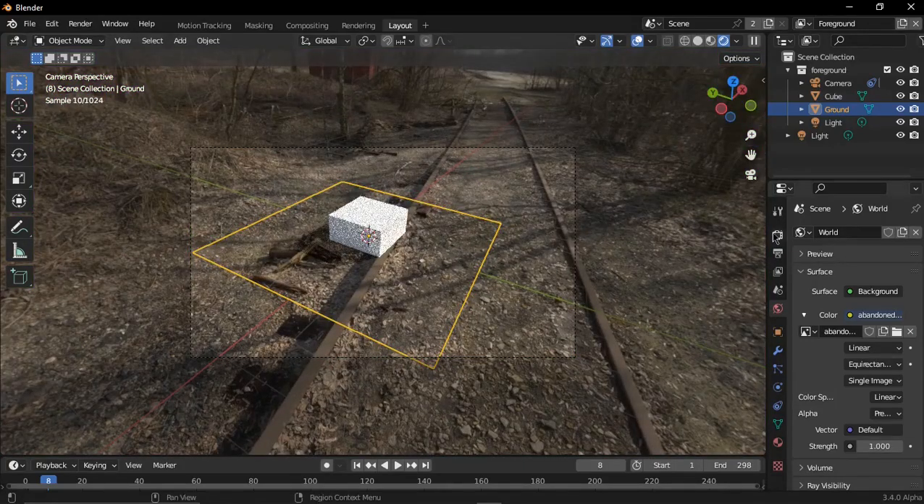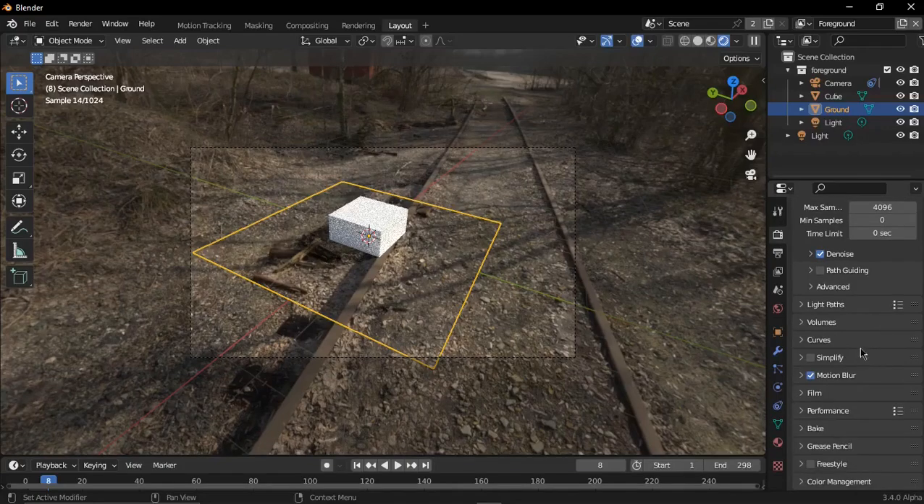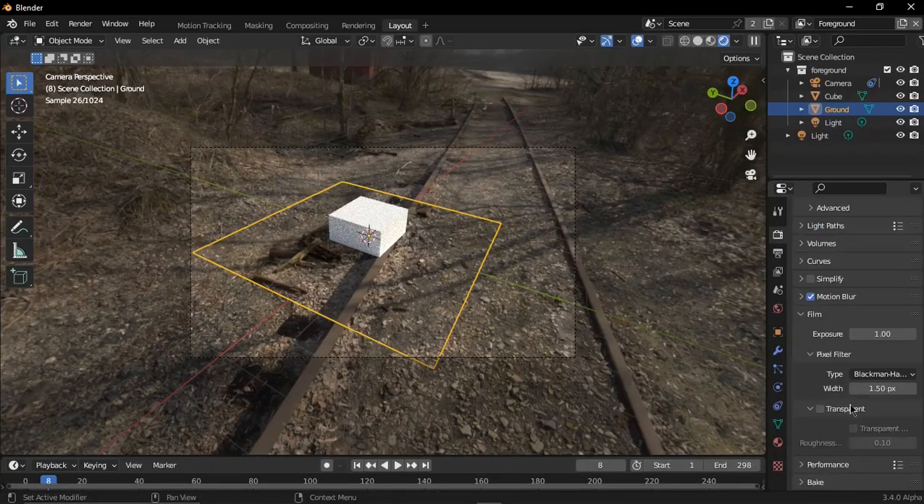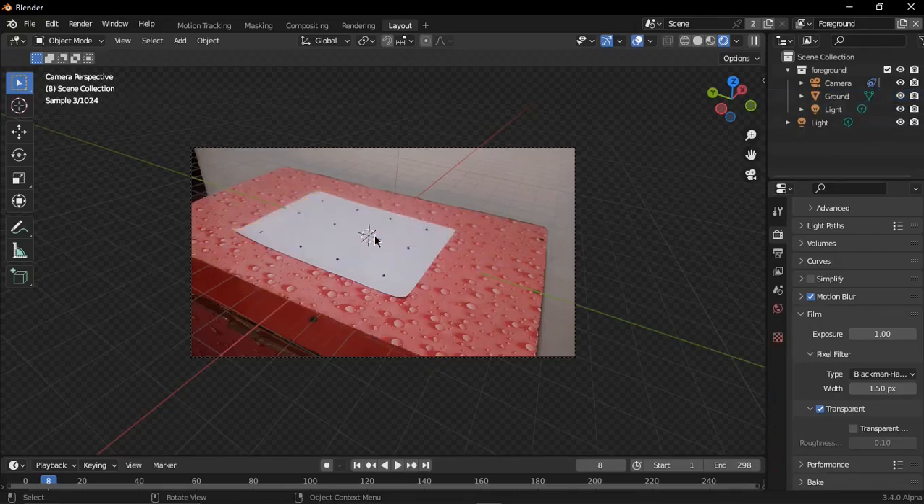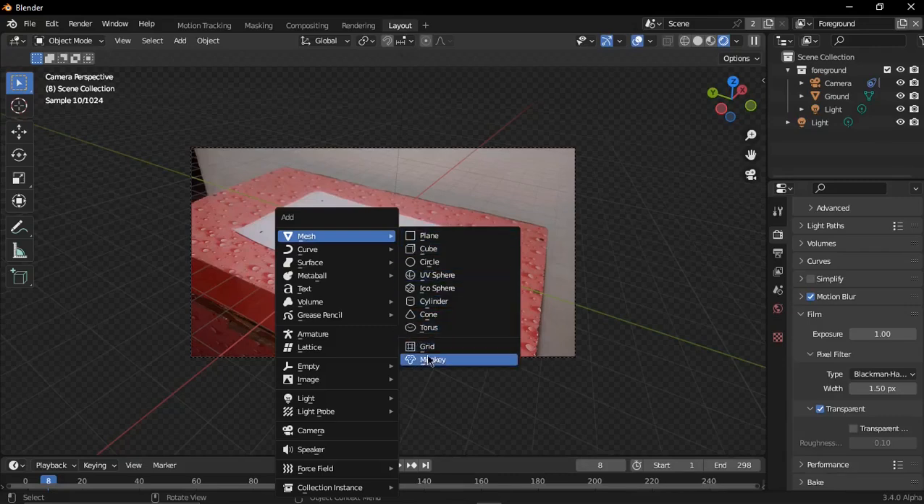very good, and go to render engine, Render Properties and scroll down, Film, check Transparent, very good, the shadow is very good, and select the cube object and X to delete, Shift A, add a monkey,